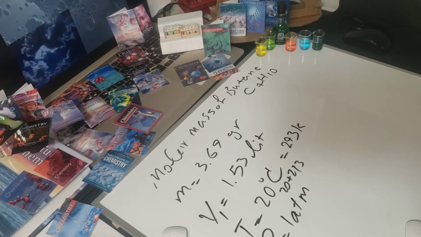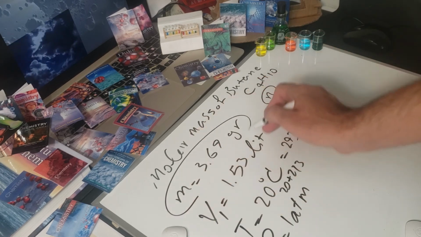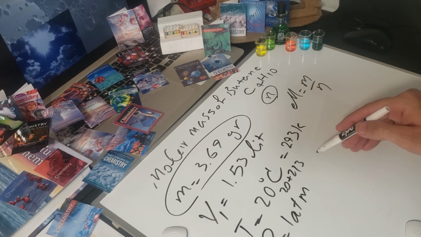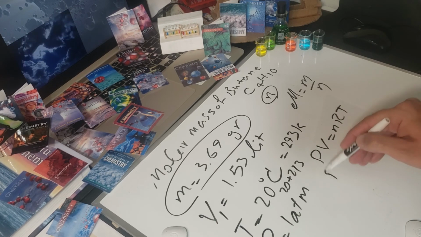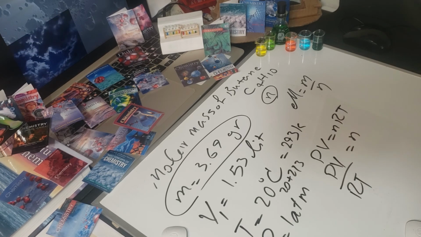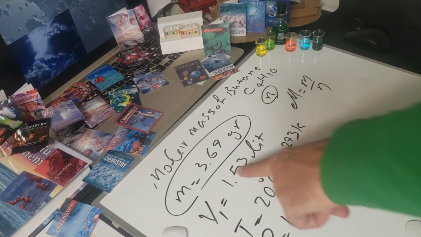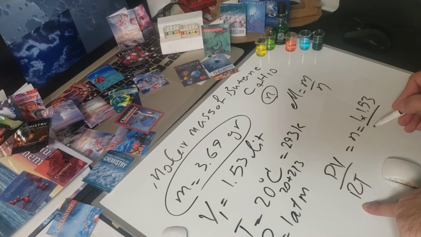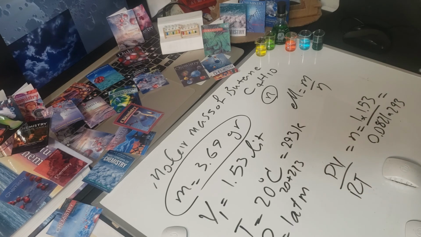So for the molar mass, we only need to know n, and because we have the grams, we know that the molar mass is m divided by n. So to find out n, PV equals nRT. If we solve for n, n would be PV, moving R and T down here. Then n is P, which is 1, times V, which is 1.53, divided by R, which is 0.0821, times T, which is 293. And that would give you an n that is